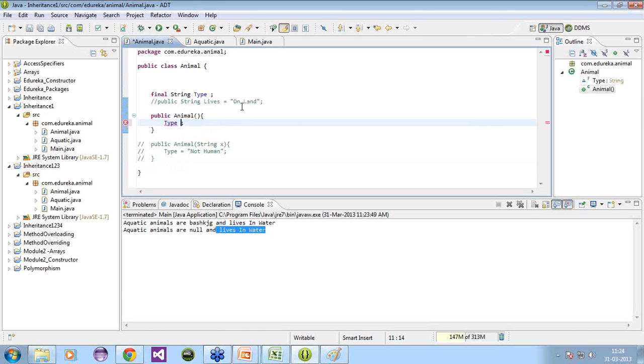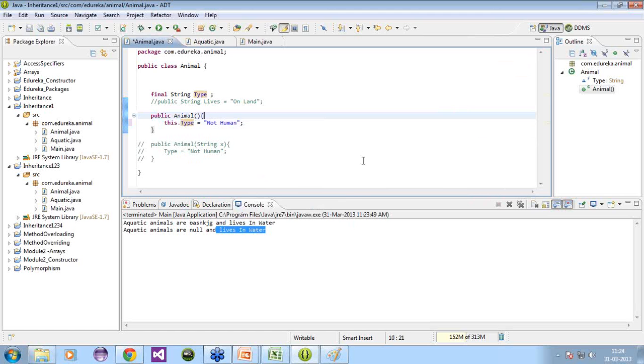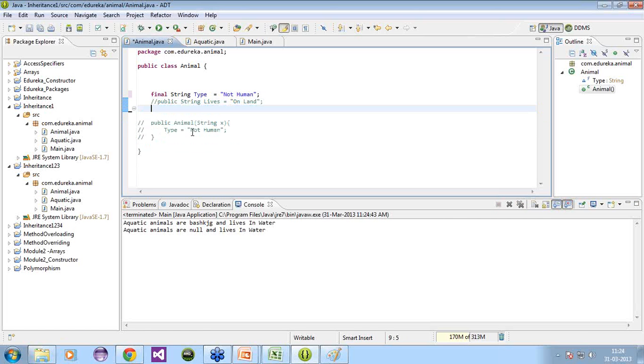Control X, this dot type, Amrish says. Exactly, we'll be doing this dot type. So now I run this code. No, just a minute. Control C, I'll place it here itself. I'll remove this constructor. Now it will come. When I run this code,